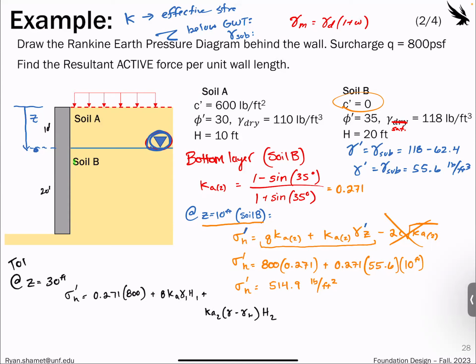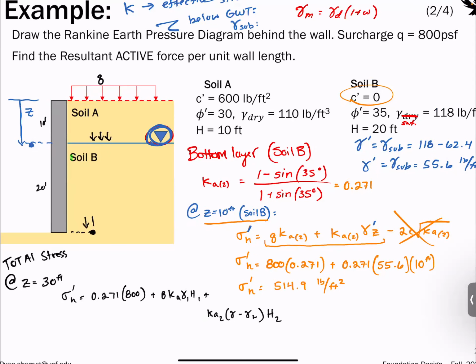Remember though, this is all still total stress. So if we're hanging out down here, we feel the surcharge, we feel the contribution from soil A, and then we also feel this contribution from soil B here. So we feel all of these added together. So we would have the surcharge, we would have